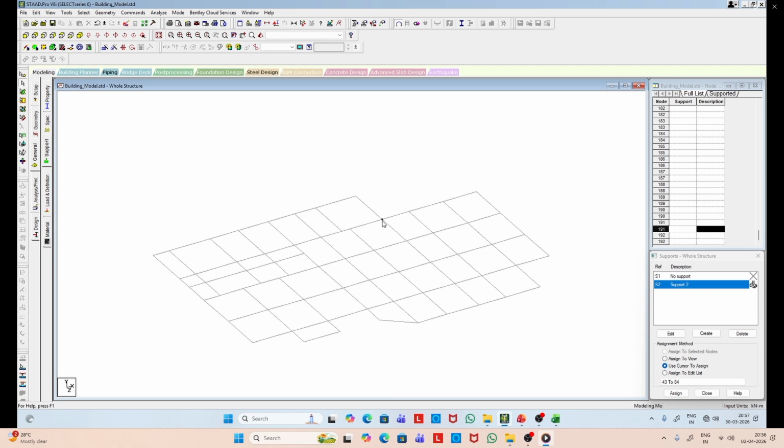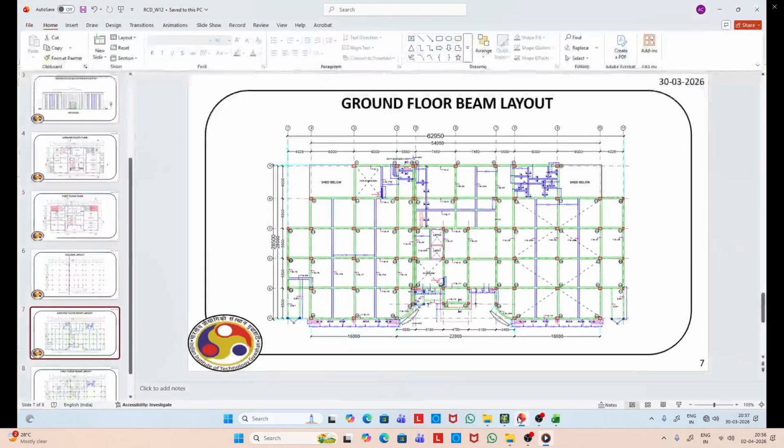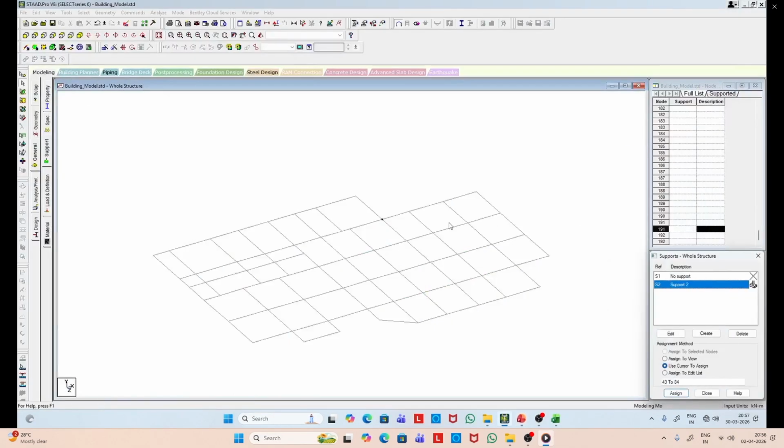So we can divide that line and accordingly we can create a point in between.